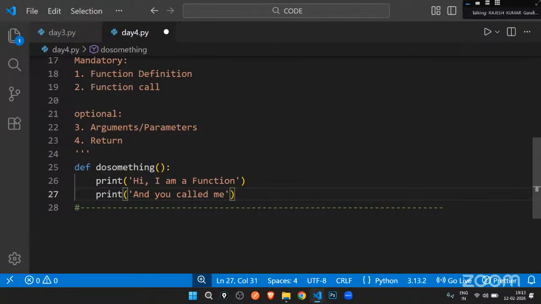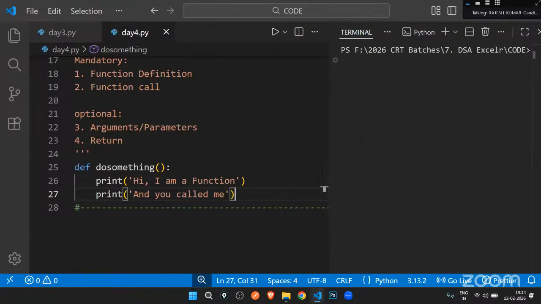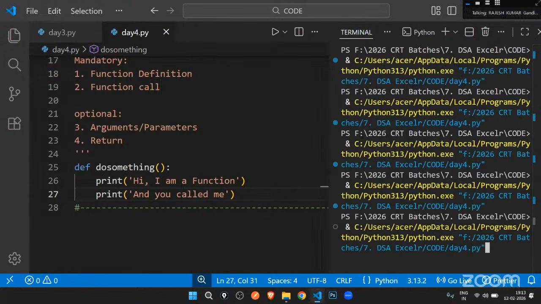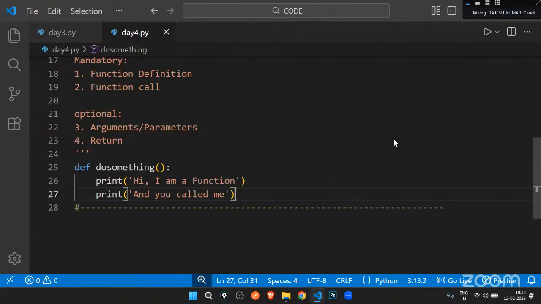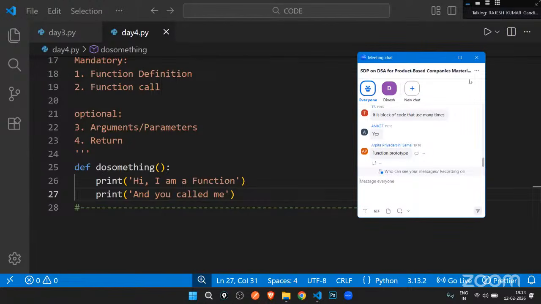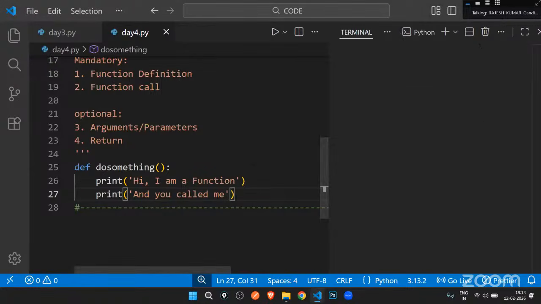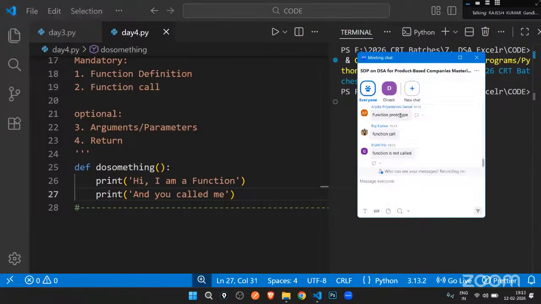Do something. Now you see here, earlier when I ran it, I got that hello. Now see, this time I'm going to run it. See, I'm not getting any output. Why? What's the reason? I'm unable to see any output. You see, I wrote two print statements here. I'm trying to run it, but this time I'm not getting them.